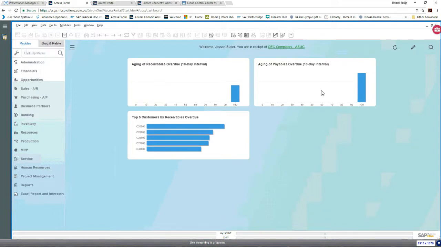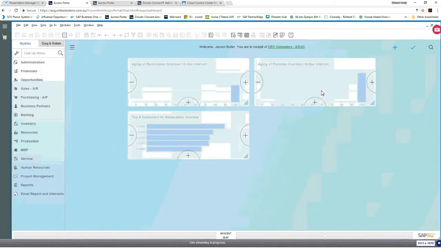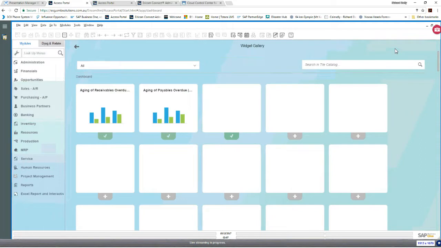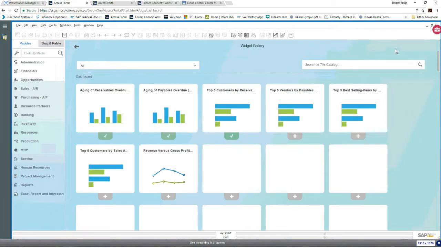In the cockpit area, you can simply click on the little pencil icon. I do apologize if there's a little bit of a lag. That's just something that gets introduced by our screen sharing platform. But when I click on that little pencil icon, I've got the ability to click on the plus key. And that now brings me up into the widget gallery.